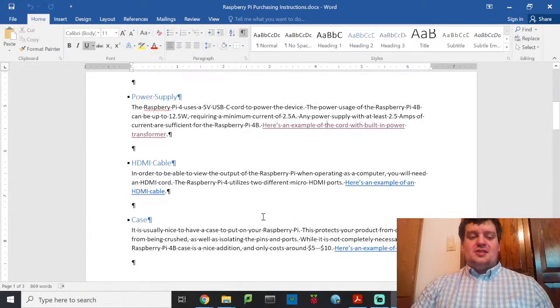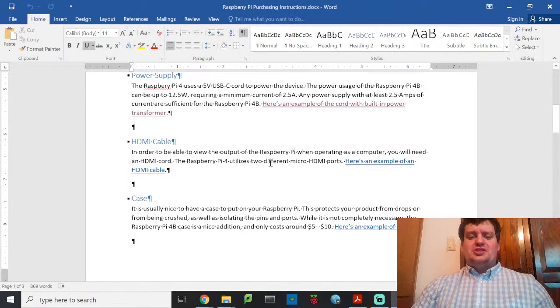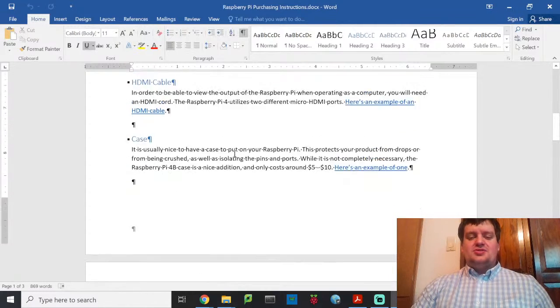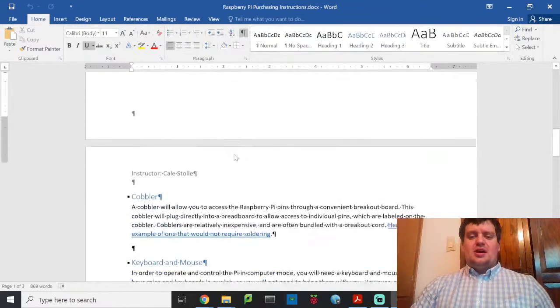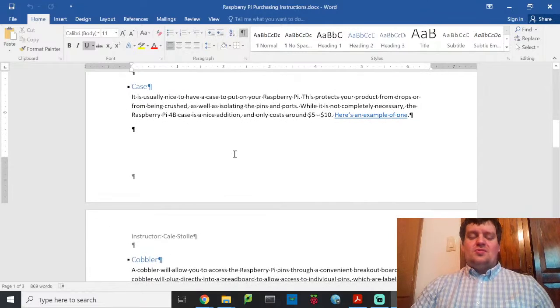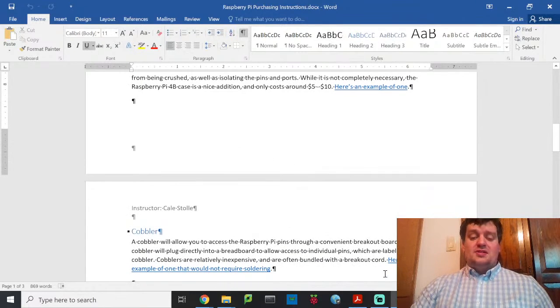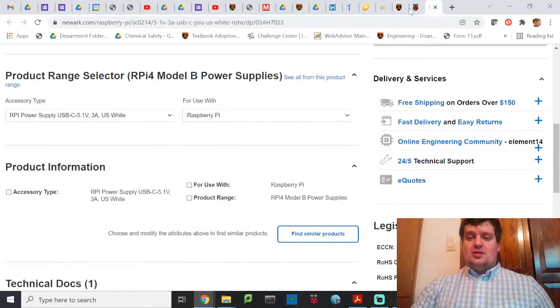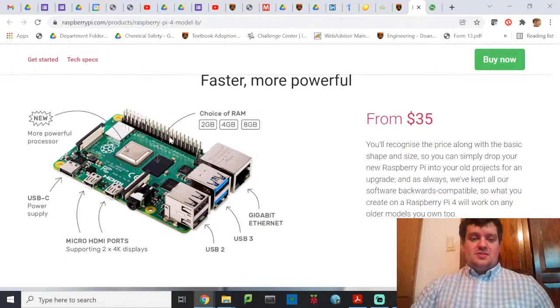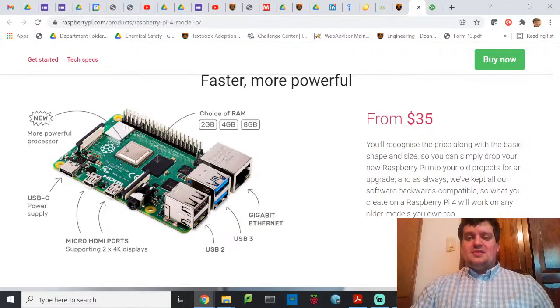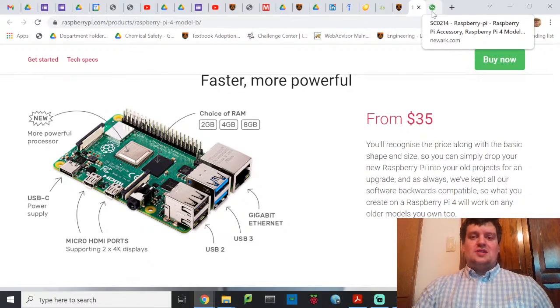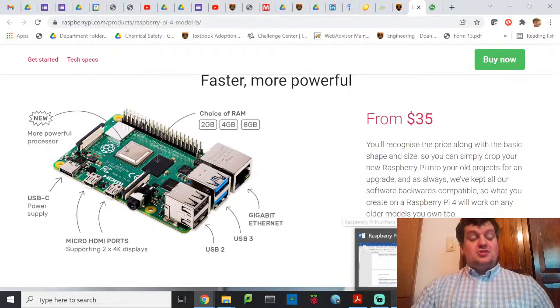Other pieces that you're going to need, you will need a micro HDMI to HDMI cord. You can buy these individually online. I would suggest getting a case just because it's nice to have your Pi in a case. Now do keep in mind that we are going to be accessing the I/O pins. I/O pins, by the way, are these pieces here. So we are going to have to be plugging stuff into those. So if you can buy a case that makes that accessible, that's great. If you don't, you can work outside of the case and then keep the case for when you just use your Raspberry Pi for coding.